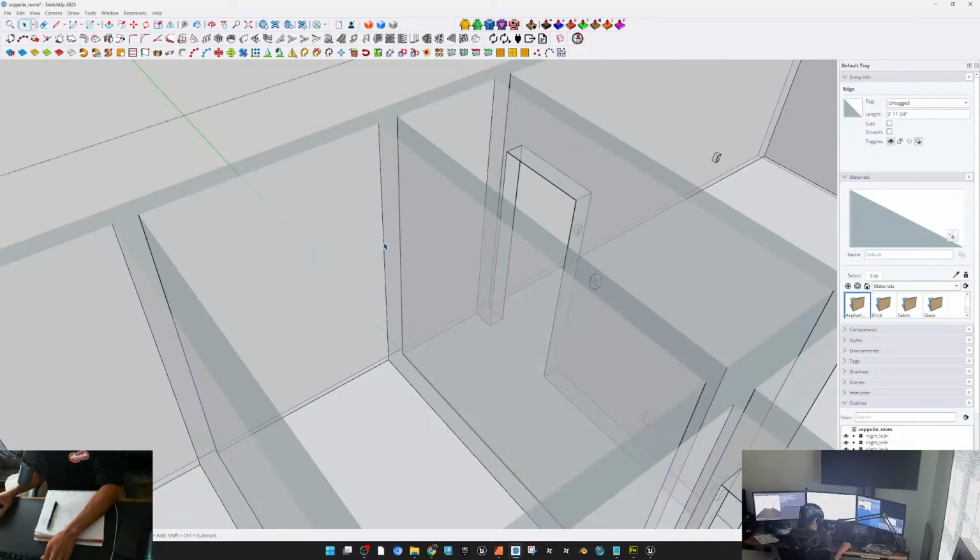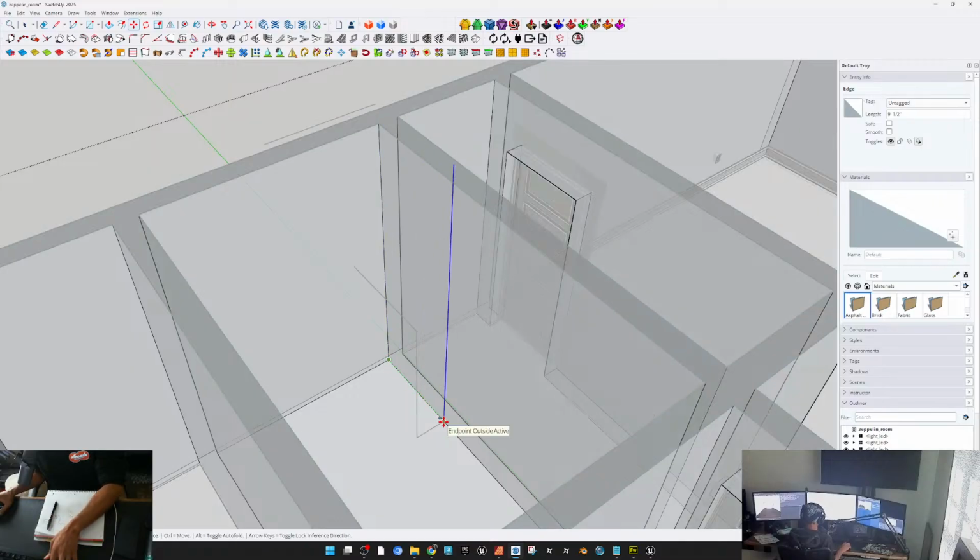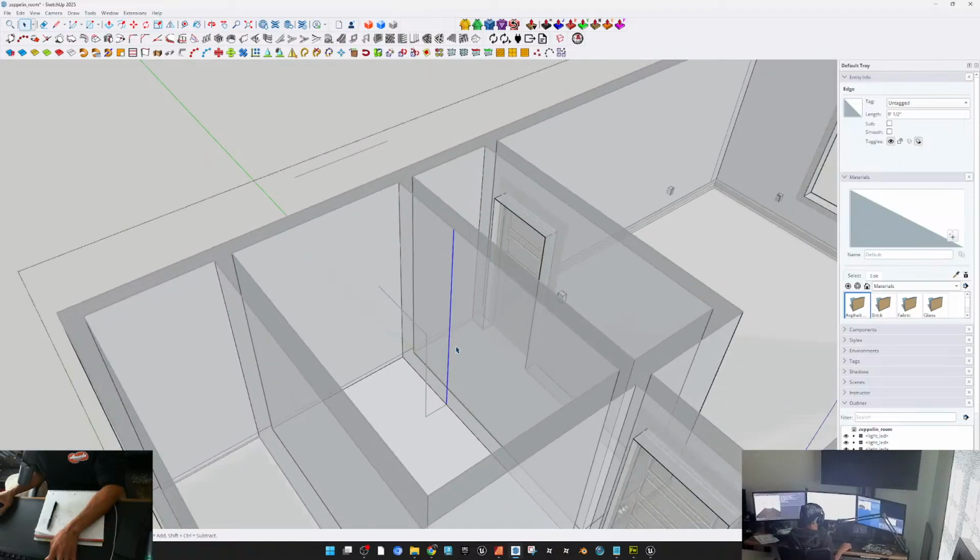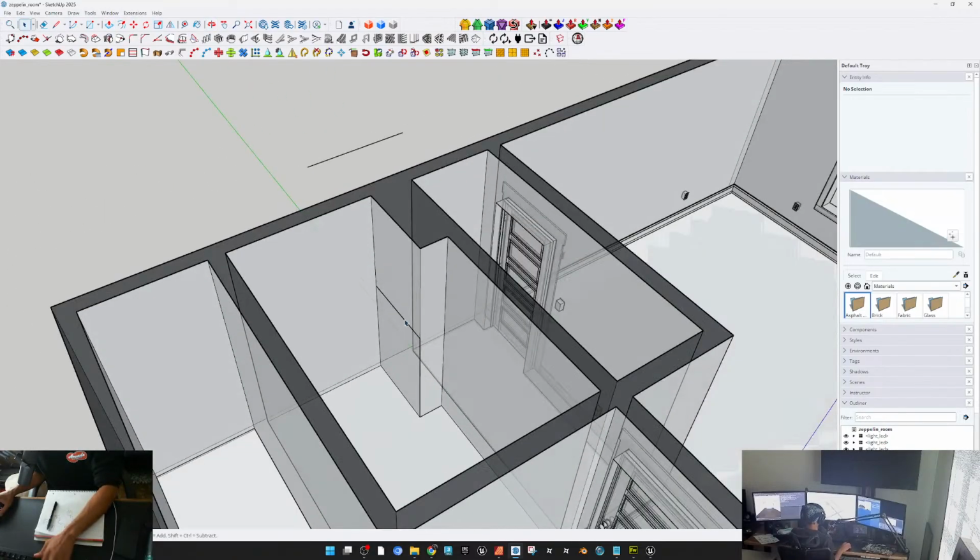So let's go into our group here, copy this over, Control Shift H to unhide objects. And then I should be able to just push this out to here. And that gives me the space where the tub is supposed to sit